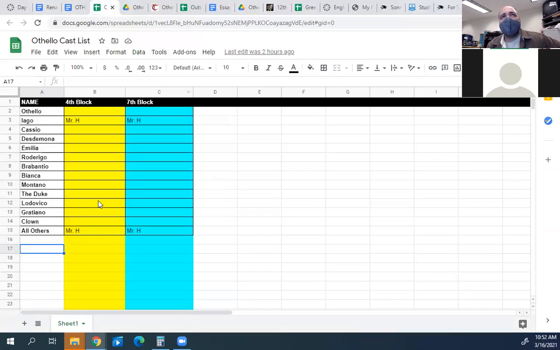We're going to assign parts if I can. I've already assigned myself to the character with the most lines, Iago. Also, he's horrible. He's sexist and racist and evil, and I don't want to put that on anybody to have to read that part, so I will volunteer to do it myself. I'll also play all the weird randos that show up. That way we don't have to keep track of all of that.